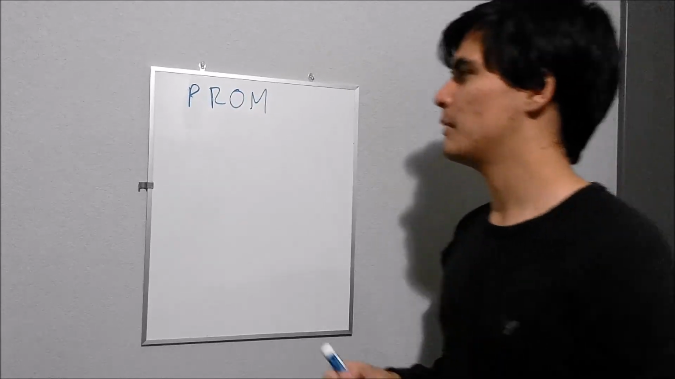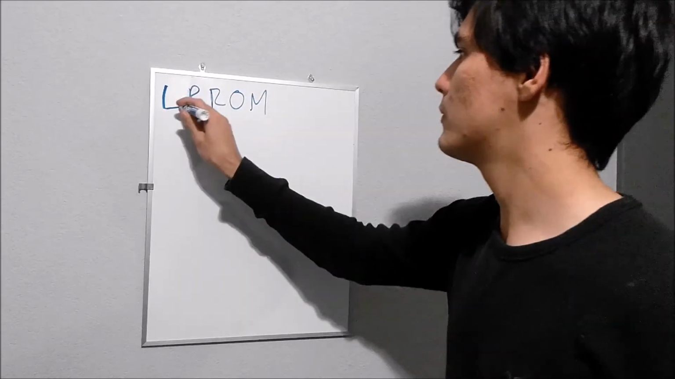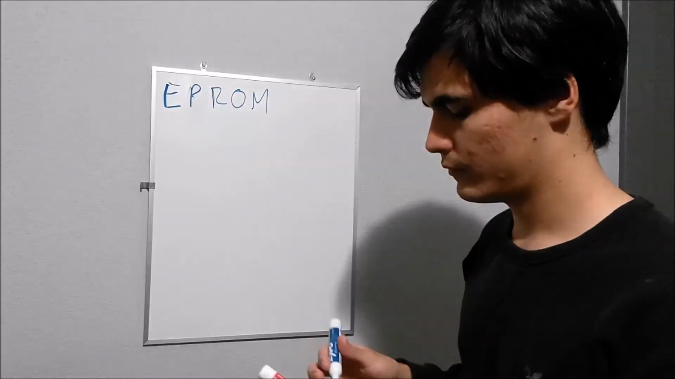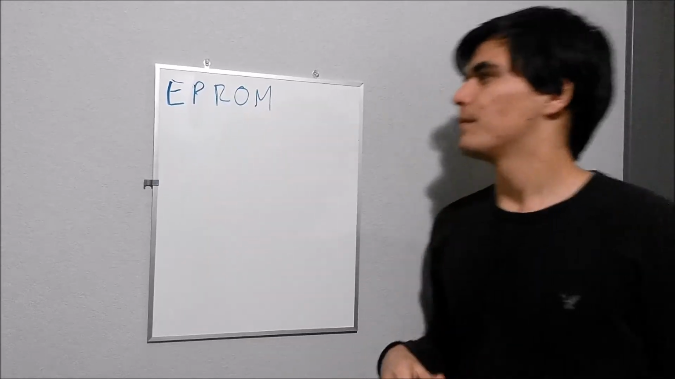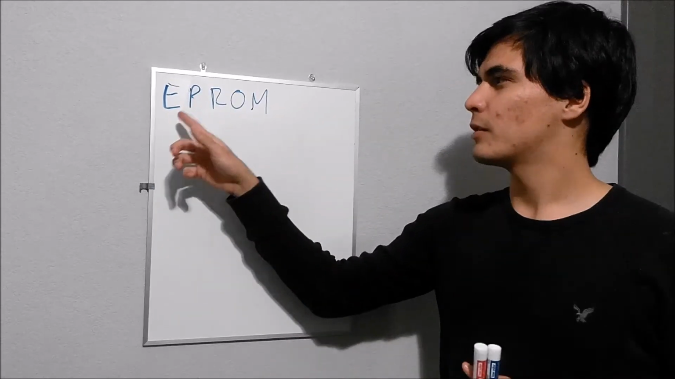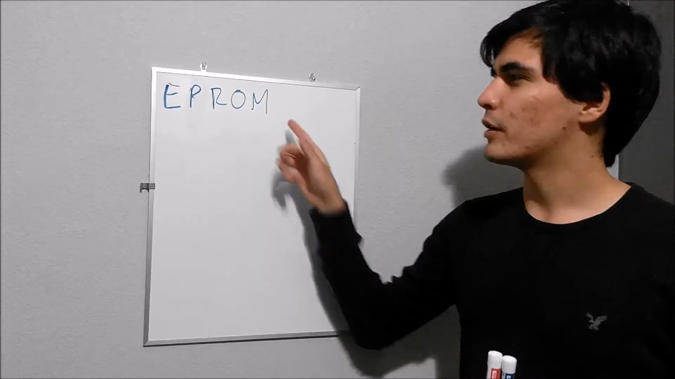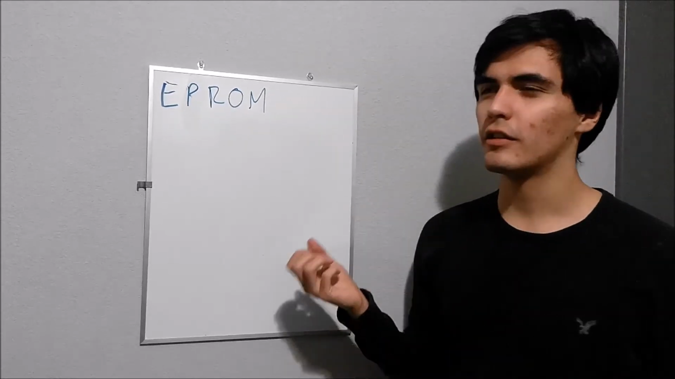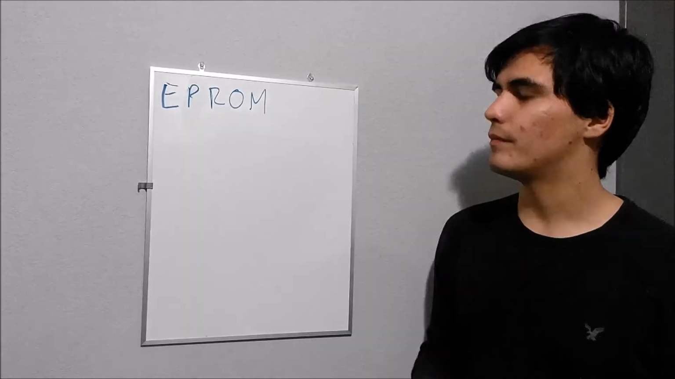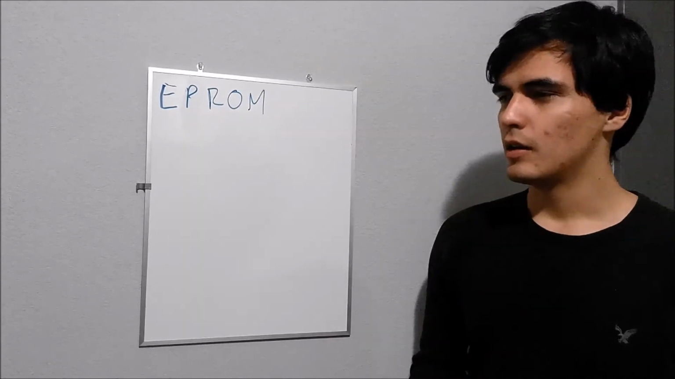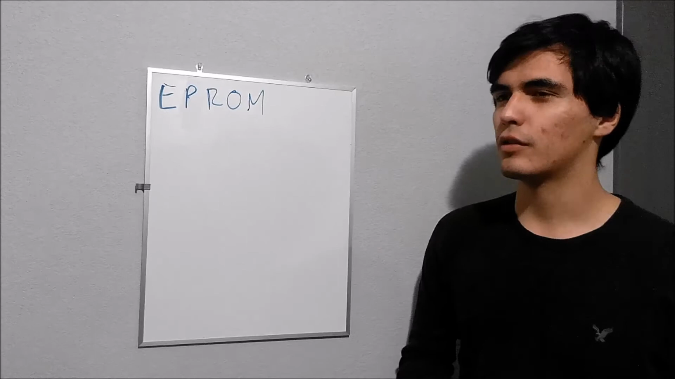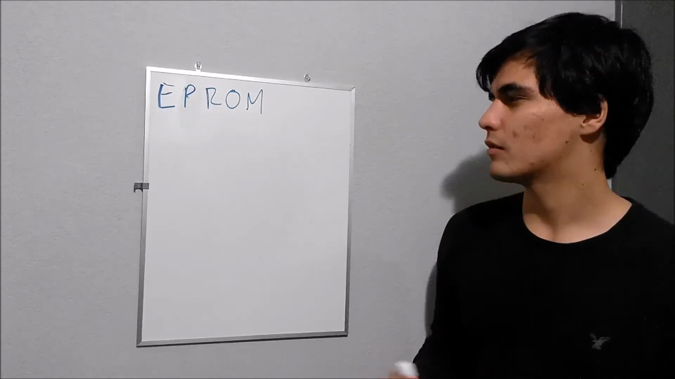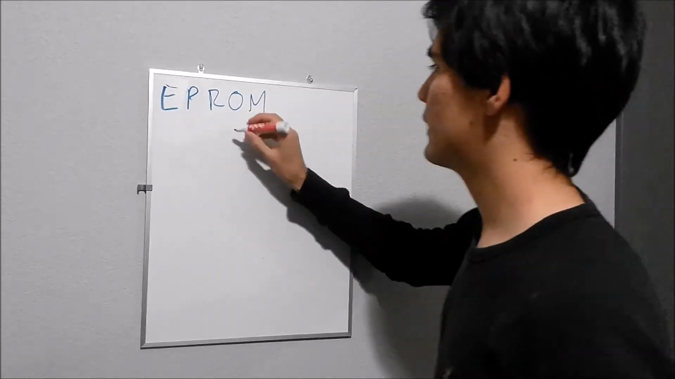This is like the ROM, but you can program what you want inside. And next we have the EPROM. This memory means erasable, programmable, read-only memory. And this works with a small technology. You can program the ROM and you can erase it, but the EPROM is like a small chip